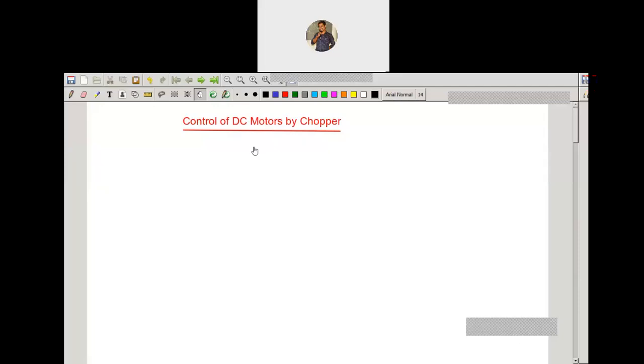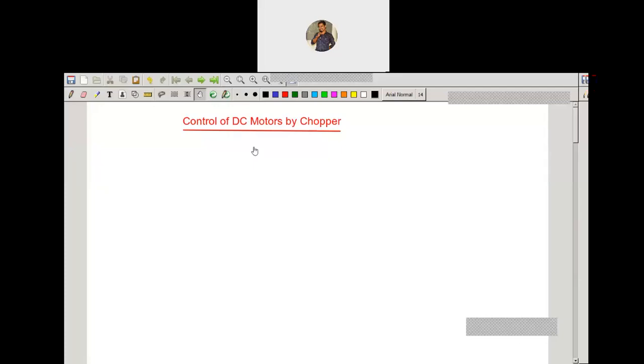To control the speed of the DC drives, the speed is controlled by using a variable input voltage, a variable DC supply voltage. But usually the supply voltage is fixed. That has to be varied, and that variable voltage has to be given to the DC motor according to your required speed, right? So the speed control of a DC motor is achieved by using a variable DC supply voltage. How are you going to get the variable DC supply voltage?